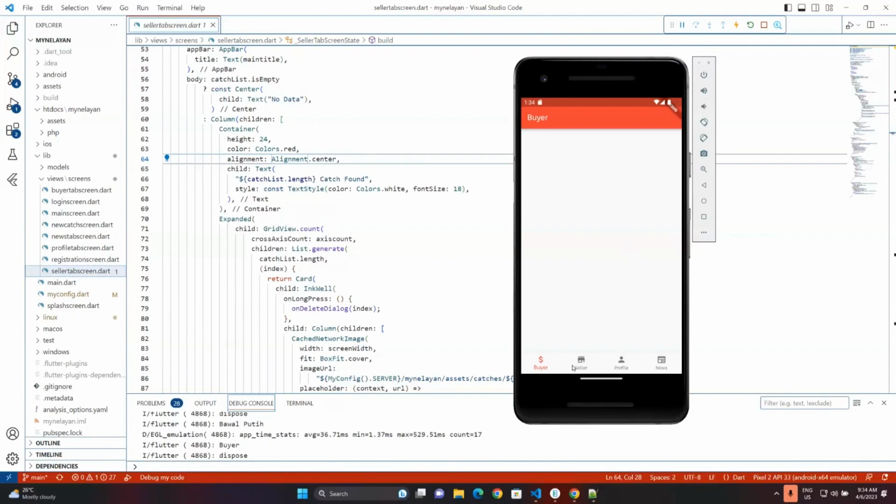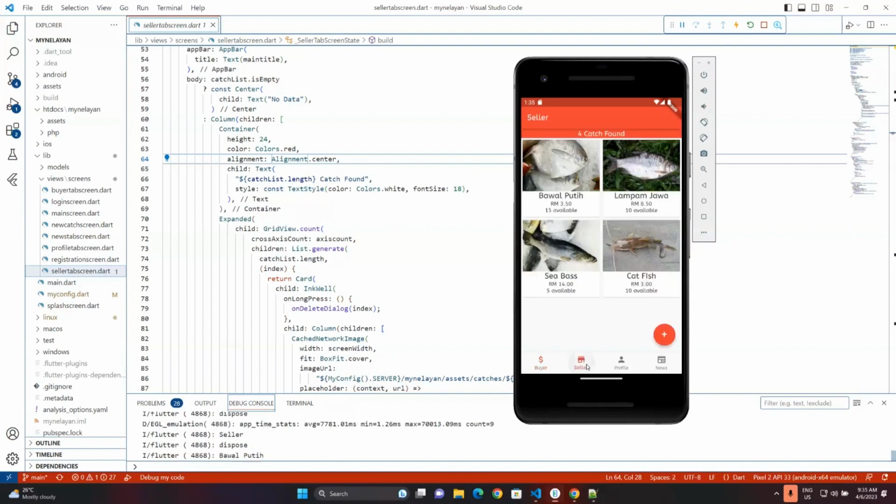So at the bottom down here, there are a number of tabs that we built before, and one of the tabs belongs to the seller, for the seller itself. So when the seller clicks on this link, and this is only applicable for logged in or registered users. So as the user clicks on this seller tab, as you can see, there's a number of items or